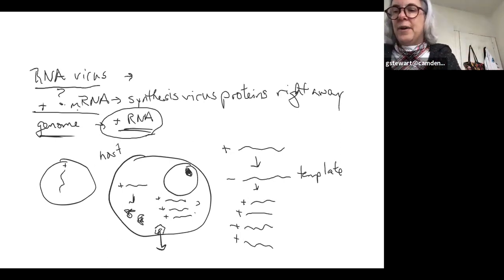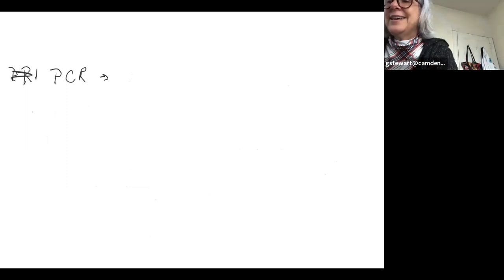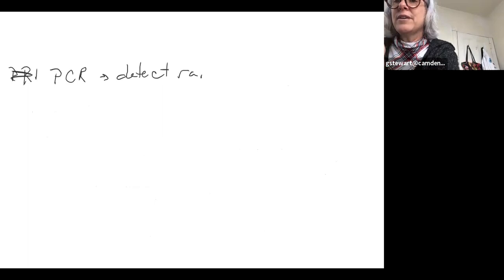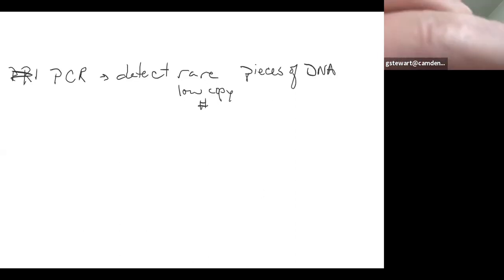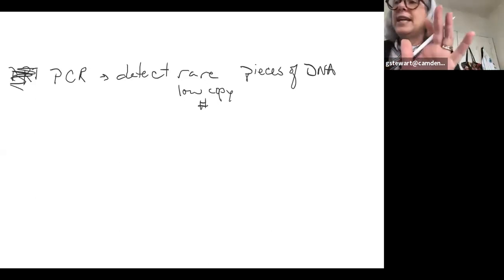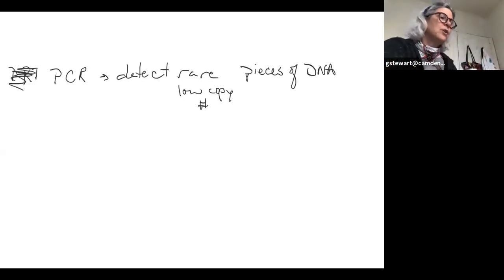Okay, so now hold on to that thought, right? Also, the test that we're using, PCR, what am I doing there? Right, was originally designed as a test to detect rare, low copy number pieces of DNA. Okay, I don't have DNA. I have RNA. This virus has RNA, not DNA. There's no DNA associated with it whatsoever. So this is a problem,